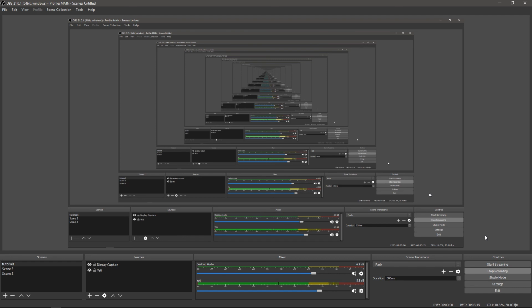Alright everyone, so that's it. Remember that file path that you put in settings? That's where your video is actually being stored. Mine's directly on my desktop, and before I minimize OBS and launch that video for your viewing pleasure,